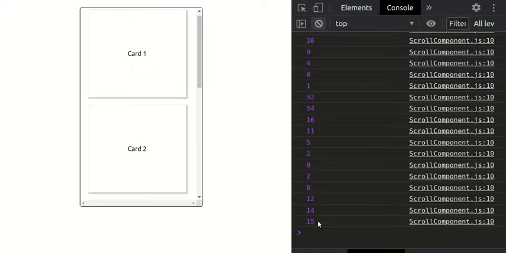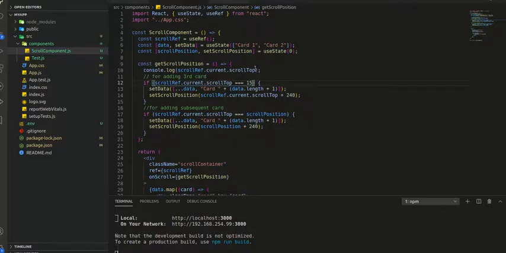Yeah, so it is encountered 15. So in this case, if the user scrolls all the way to the bottom, and again scrolls to the very top, and we encounter 15, then this condition will meet our first condition, and it will set another card, which is right, but it will also change our previous scroll position.